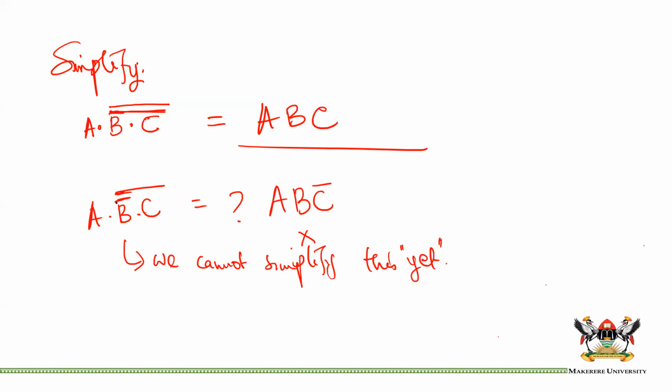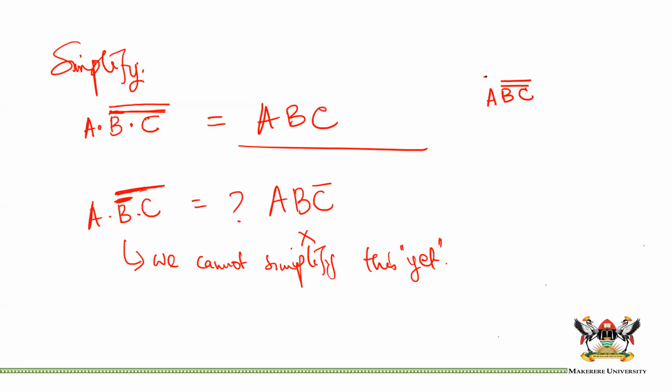Because the lower bar is over B only and the upper bar is over the whole thing, you cannot just remove them. The bars that you remove must be over the same terms. So you have A, B, C over both terms, that's okay. And even if I had another